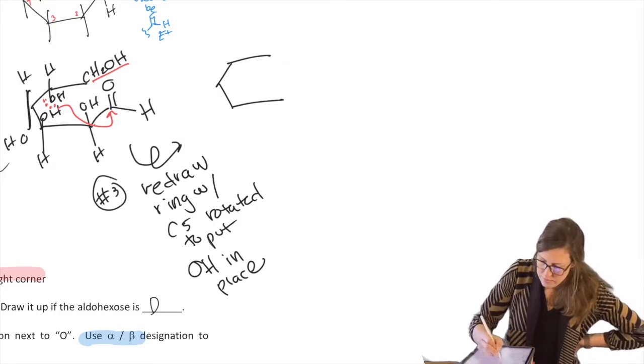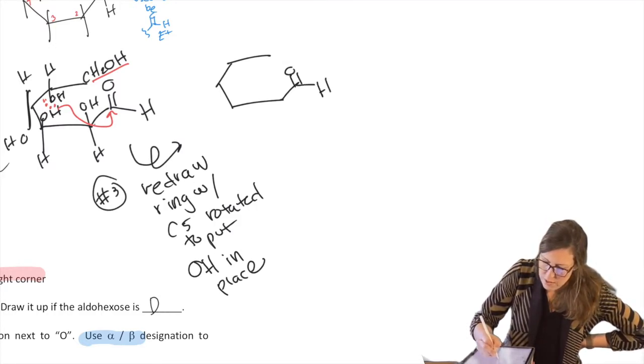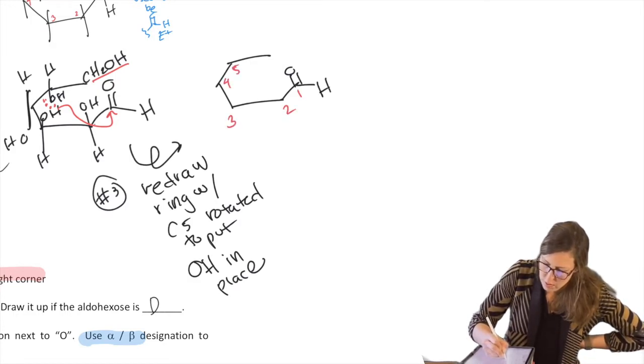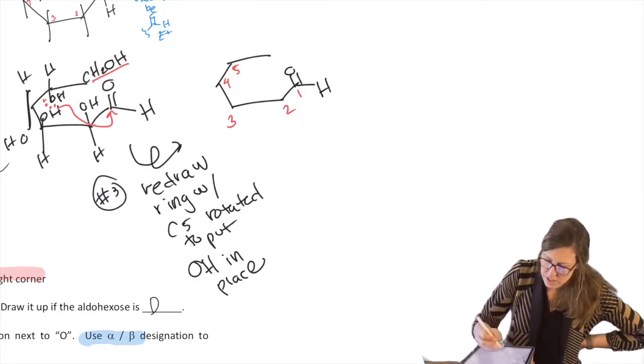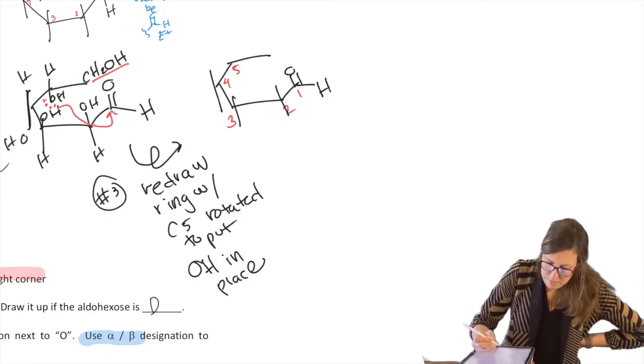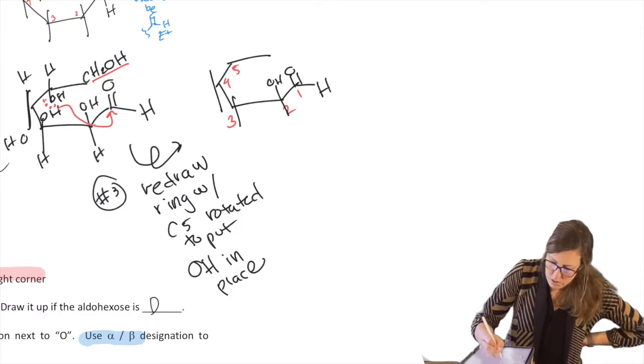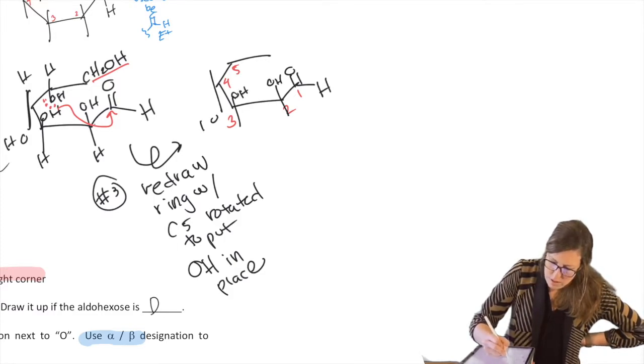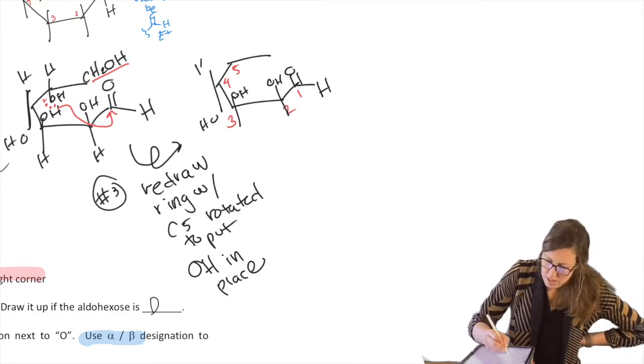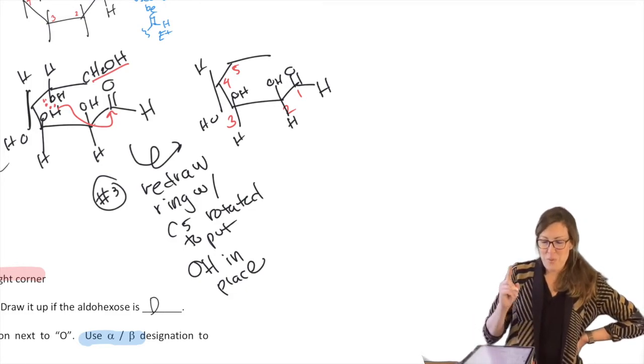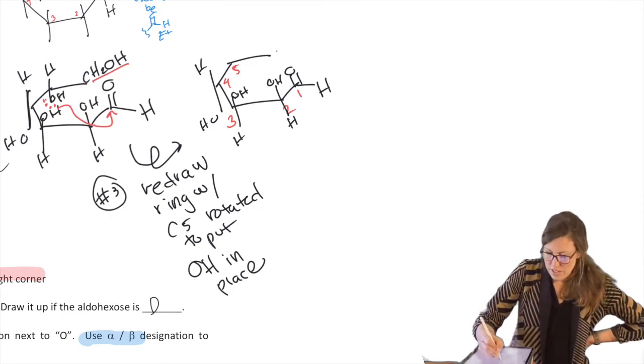Okay. In other words, everything is the same. So see 1, 2, 3, 4, 5. 5 is the one that's changing. So let's keep 2, 3, and 4 the same. 2 is OH up, 3 is OH up, 4 is OH down. Don't touch 5 yet, that one changed. Okay, so what I'm doing is putting this OH that needs to attack in place.